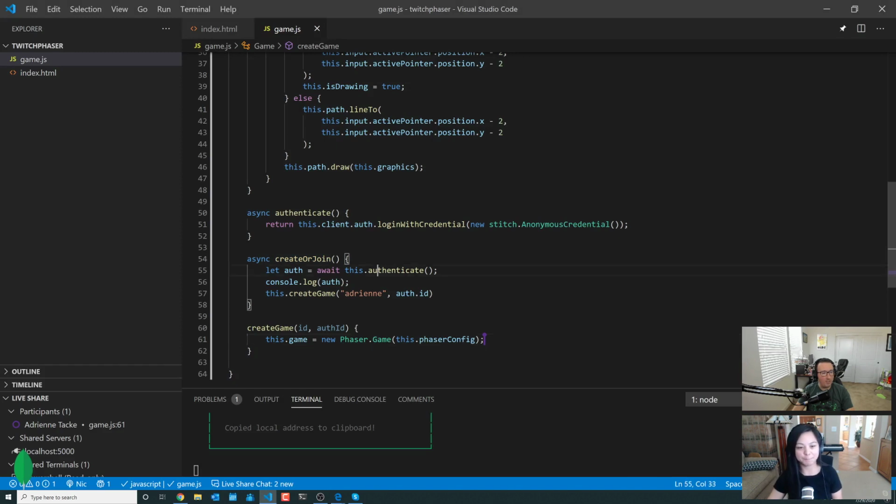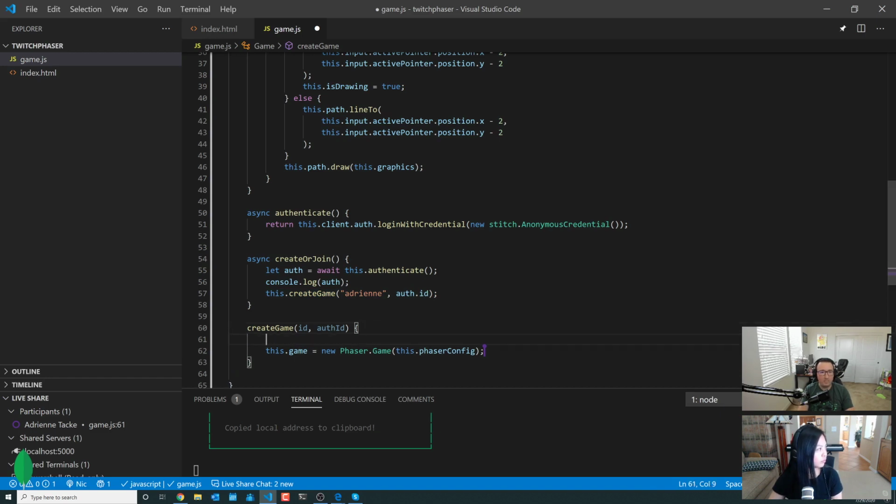So all right, we have authenticate happening. Right now we're hard coding the ID of the game itself, which is fine. We're not actually doing any kind of queries or inserts against MongoDB. So I think maybe we should do that inside of our create game function, because that's what's actually called on line 57. I dig it. You dig it? All right. So then let's see what we can come up with.